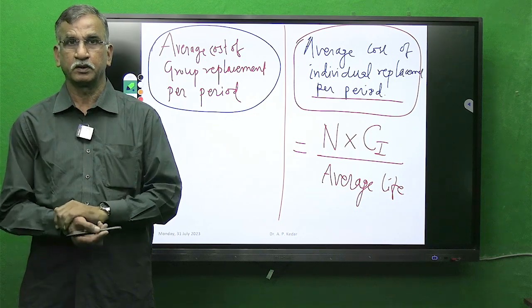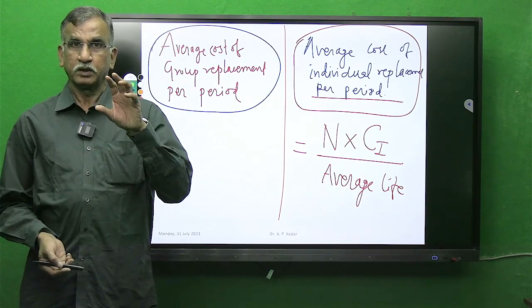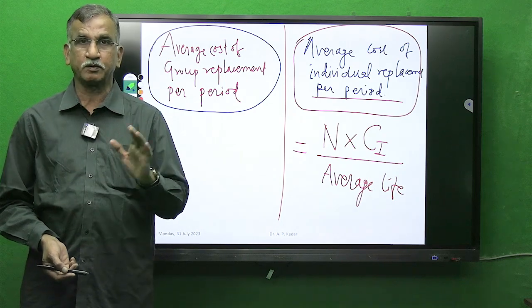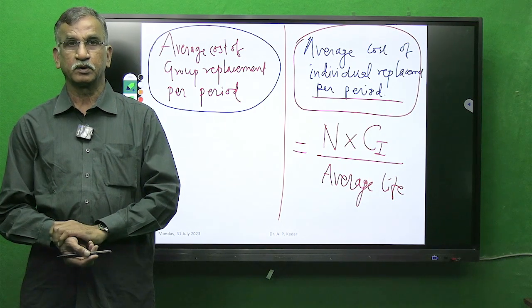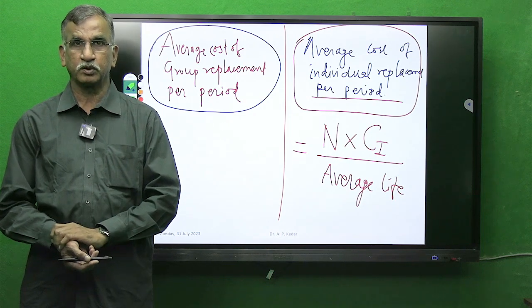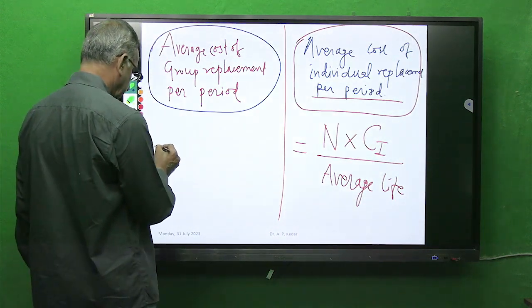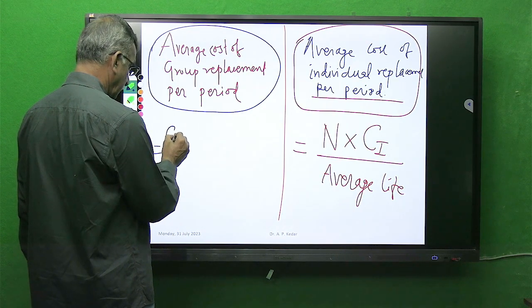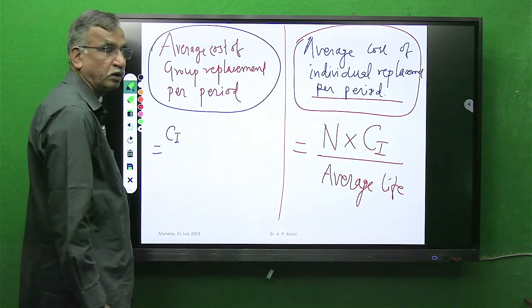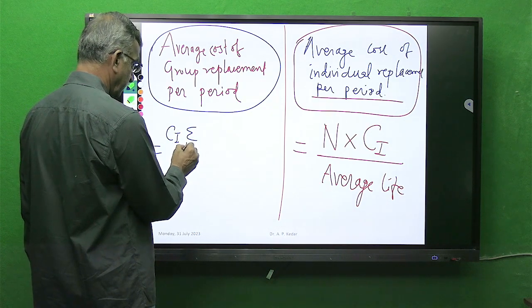In between, the failures are replaced, only the items which fail are replaced, but those are replaced by the policy of what? Individual replacement cost. So for evaluating that, we need to have Ci, that is cost of individual replacement,